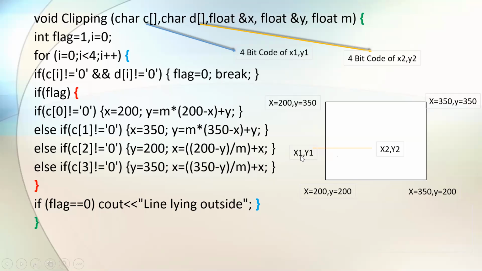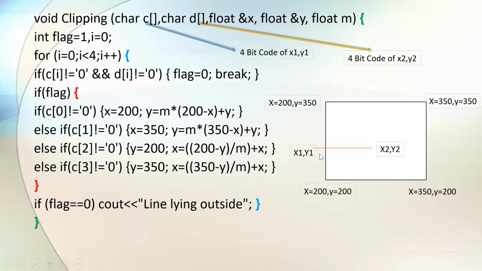Why? Because now when I take x1 y1 as a condition, if I want the point to go inside the clip window, the left boundary will be assigned as the intersection point, where x1 will get a new value which is equal to 200, because the x minimum is 200. Then using that, you are going to calculate y. And y, how are you going to calculate? M is the slope of the line. Using the value, you get the new y. So here you get the new intersection point.